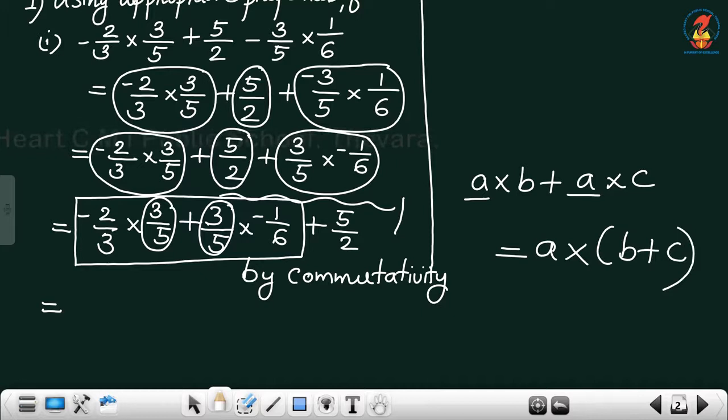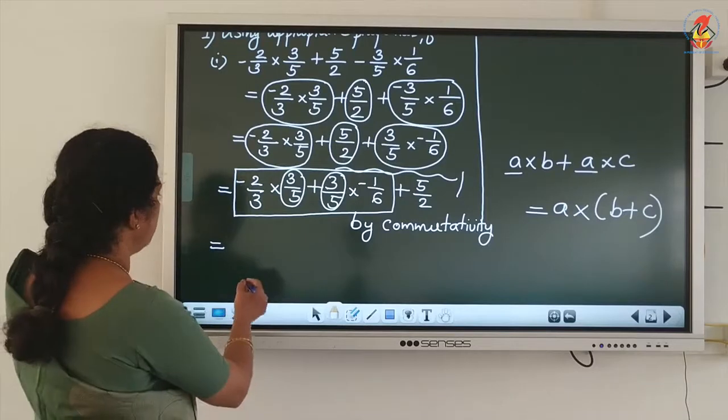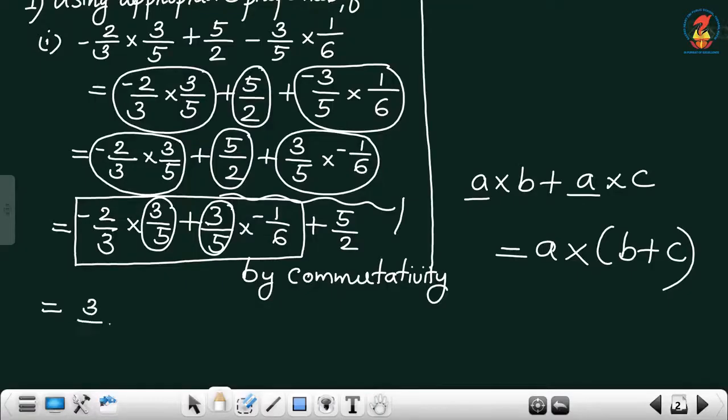A into B plus C is equal to A into B plus A into C. Do you remember which property? Yes, distributive property. Therefore, which is equal to, we can take 3 by 5 outside, 3 by 5 into, then